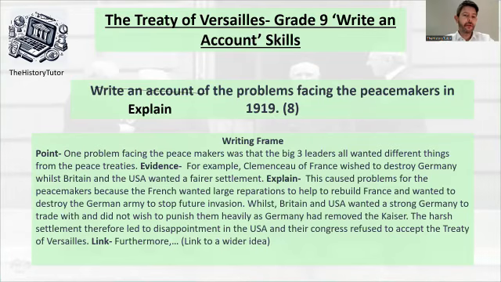Okay, so maybe we can think wider. Is there a furthermore here? Maybe there's a long-term consequence. Maybe there's a consequence of another country having a problem. So let's see what we can come up with.